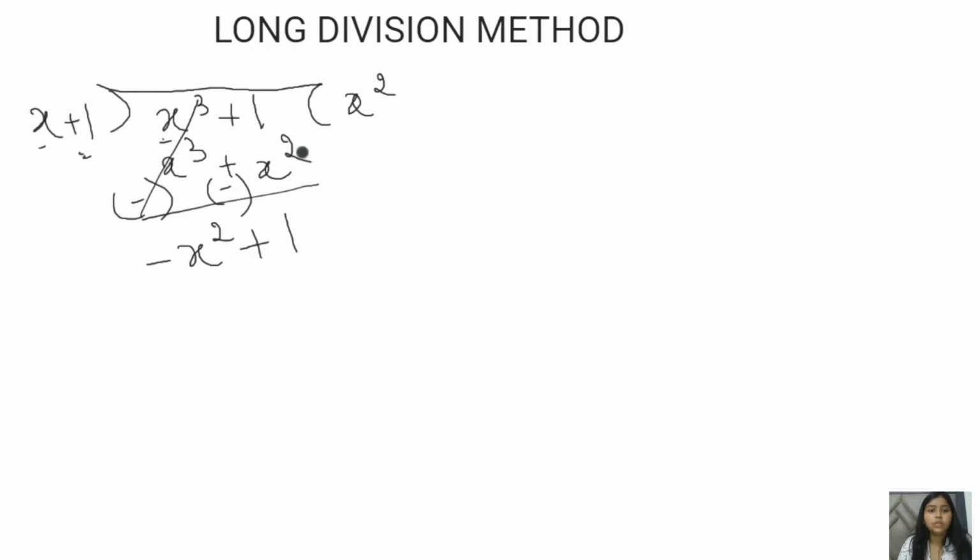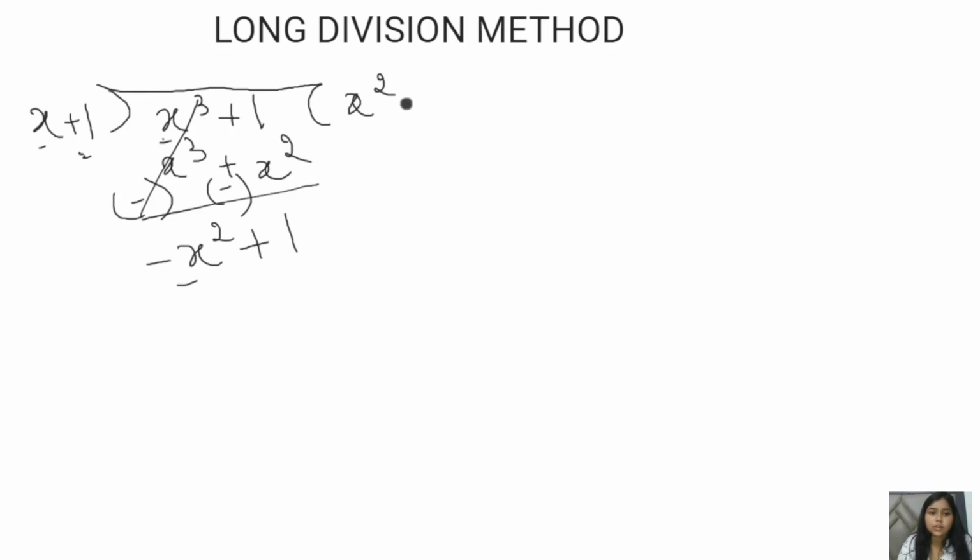One more thing to remember: for example, this is x square, then you just have to put this x square only below the term which has the x square in it. So in the above dividend there is no x square, that is why we are taking it as x square only. It will not be subtracted from 1 and all. Then you just have to divide this x square term with this term.